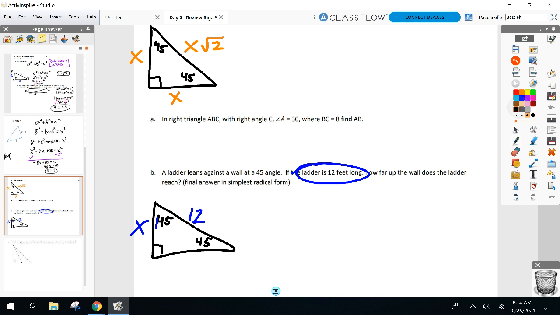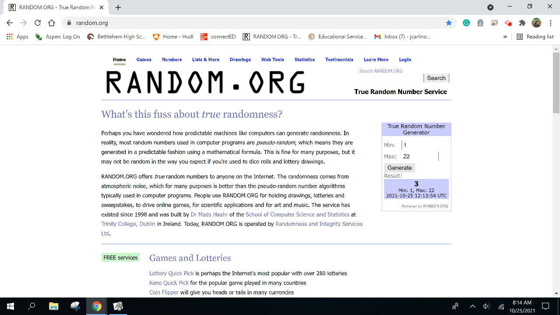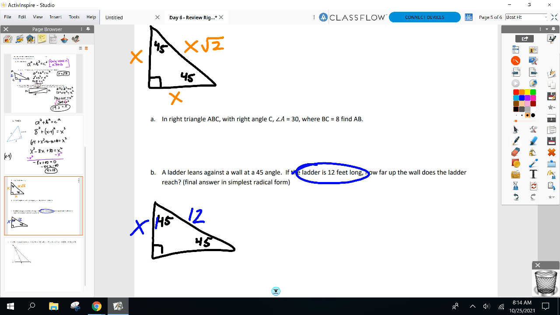All right, how can I solve for x using my rules? Go back up to the triangle you just had up there. What is in place of the hypotenuse? What did I write on the hypotenuse on a 45-45-90? I wrote the hypotenuse is x square root of 2. Everyone agrees? And now what is that equal to in this problem? 12. So x square root of 2, which I know is the hypotenuse on a 45-45-90, is equal to 12. Now we have to solve for